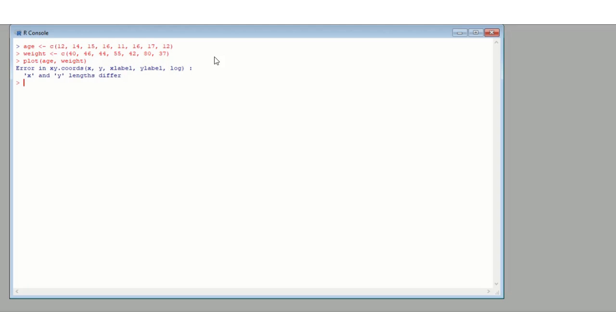Let's see what I've done. I haven't put enough data sets in to weight, so let's see how many we got. We got 1, 2, 3, 4, 5, 6, 7, 8. 1, 2, 3, 4, 5, 6, 7. Alright, so I'm a little bit behind. Yeah, so this one's actually for the 17-year-old. This is really going to mess up my data, but anyway. So the 17-year-old can be 73 kilograms, and the 12-year-old 86. Anyway, now we'll plot